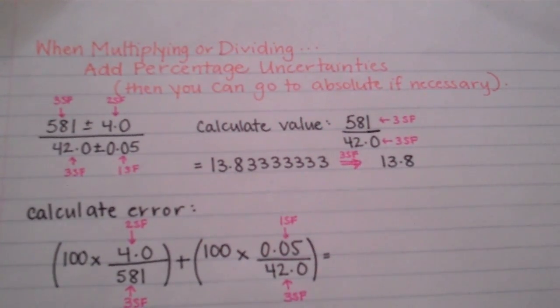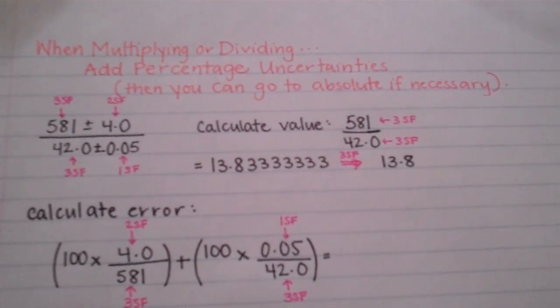So in my example, I have a value of 581 plus or minus 4.0. Here's my kitty cat. And then I have a value of 42.0 plus or minus 0.05. And I need to divide those two values to figure out my answer. Perhaps again, I may be dealing with density. So one thing I need to do right away is calculate the value. So I just take my 581 and divide it by my 42.0. I get a value in my calculator of